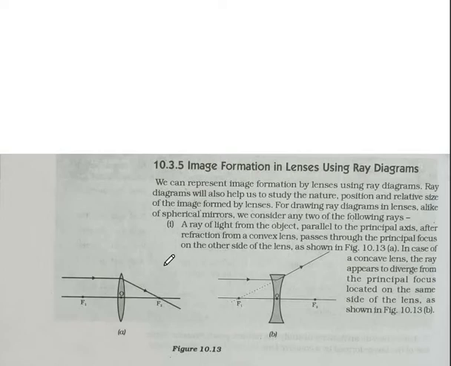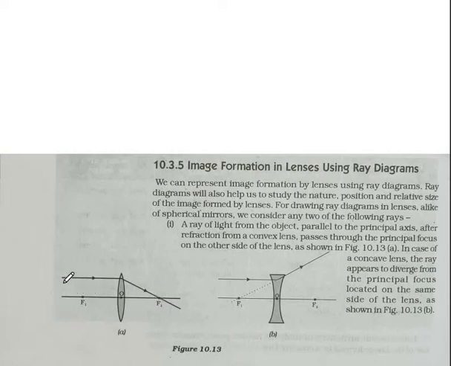First rule, this is your convex lens, this is your concave lens. Whenever the ray of light is going parallel to the principal axis, after refraction it will pass through the focus. Make sure of one thing. Middle of the lens you can mark by O, that is optical center. By keeping equal distance, left side you can mark F1, that is first principal focus. Right side you can mark F2, that is second principal focus.